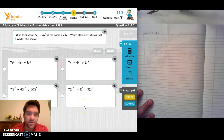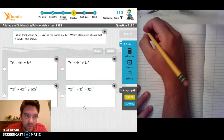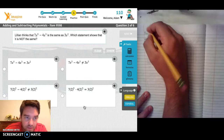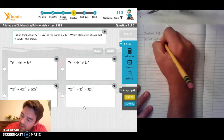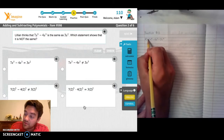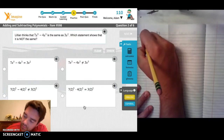So what I want to do is show you guys which one is correct. So I'm going to work through all of them. A is 7x to the 5th minus 4x to the 3rd is equal to 3x squared. That is not correct. So I'm just going to cross that out. B,